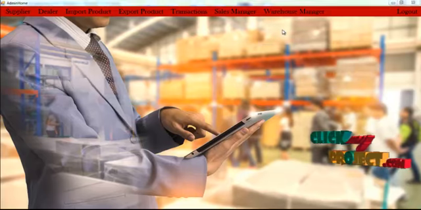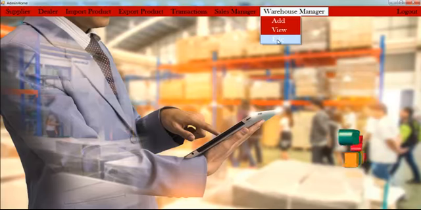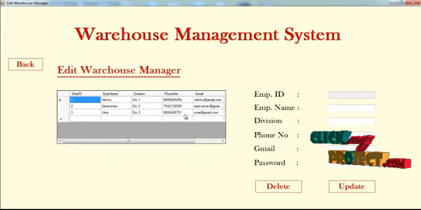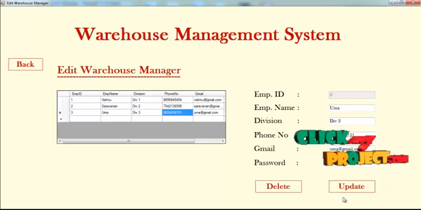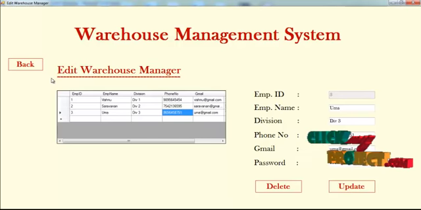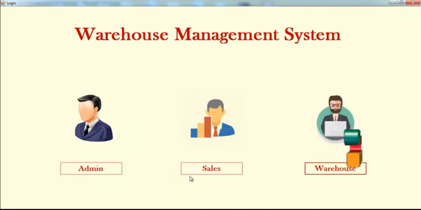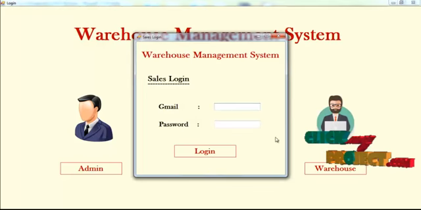Next, view the warehouse manager details. Next, edit the detail. Click the update button, the data is updated, or else click the delete button, the data is deleted. Log out the admin.